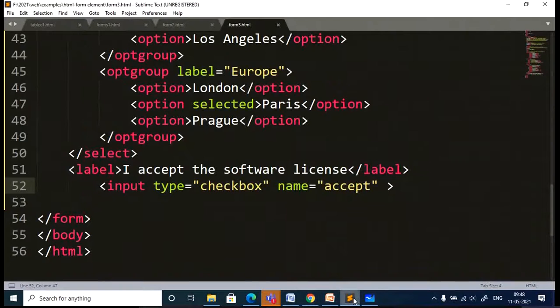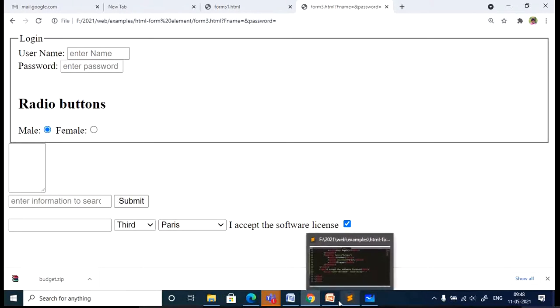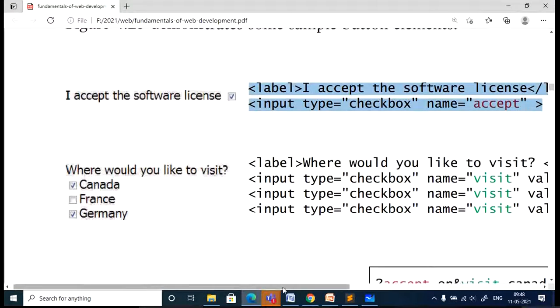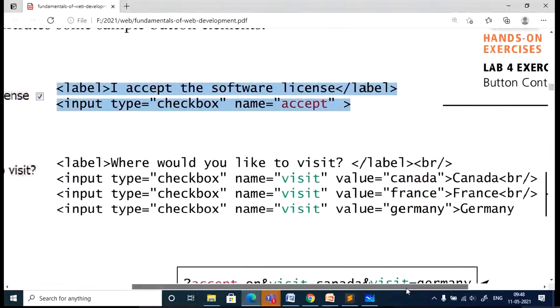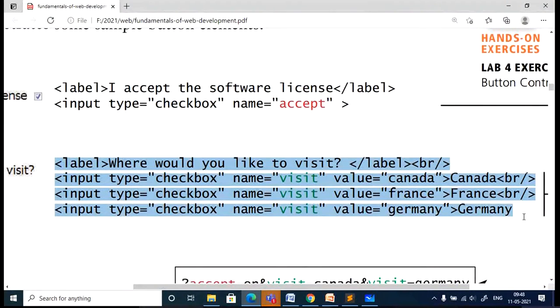If it is selected, if you have marked the tick, it indicates that you have accepted the license and it will proceed. If you want to give more options to select, you have to go with more checkboxes.